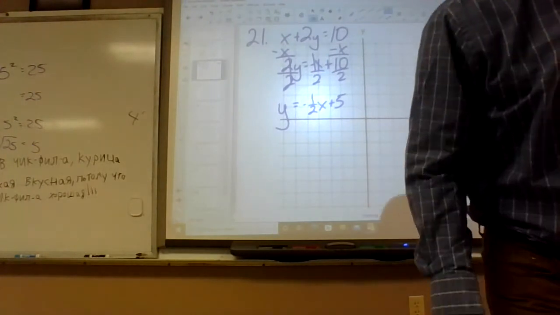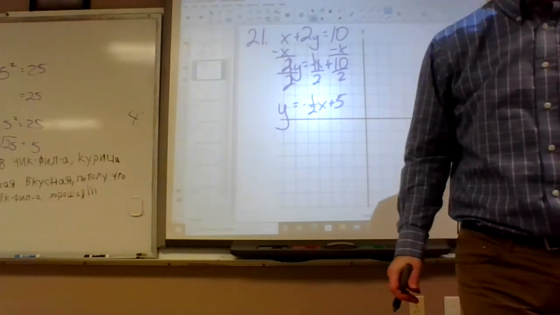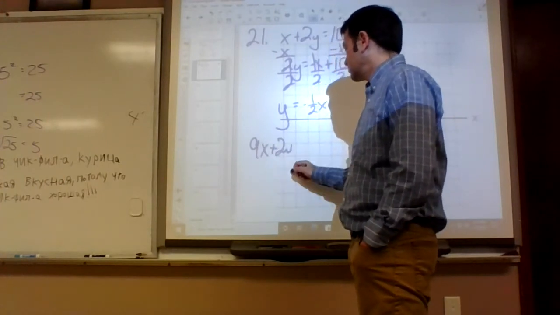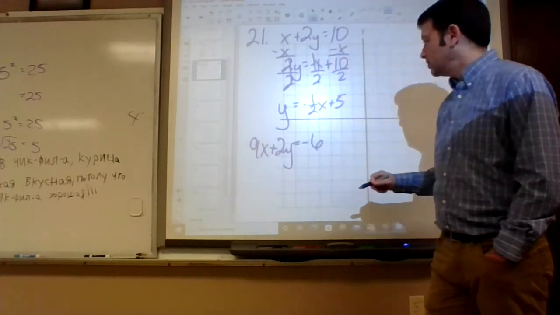What's the other one say? 9x plus 2y equals -6. So,